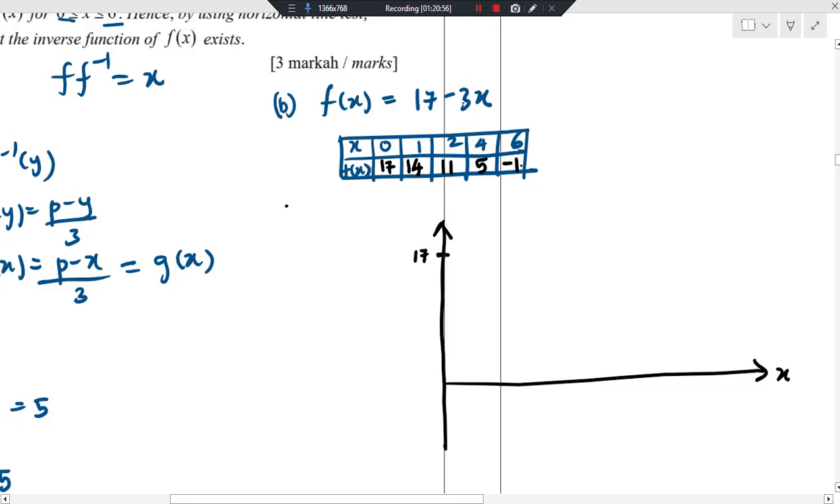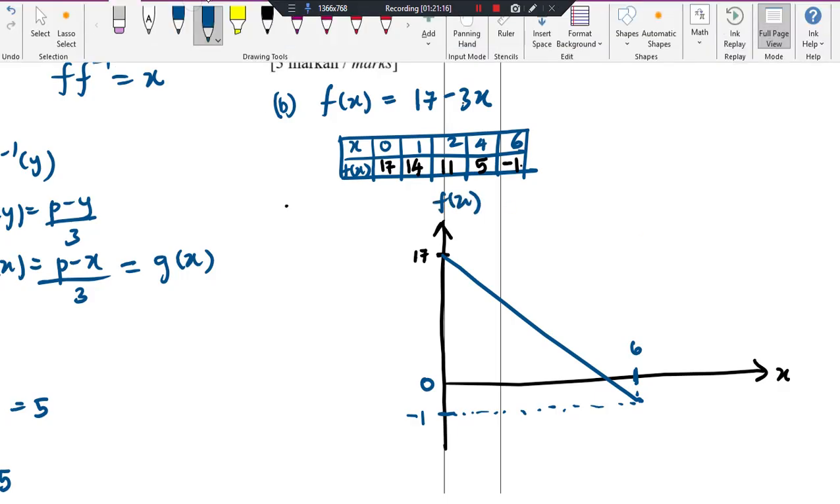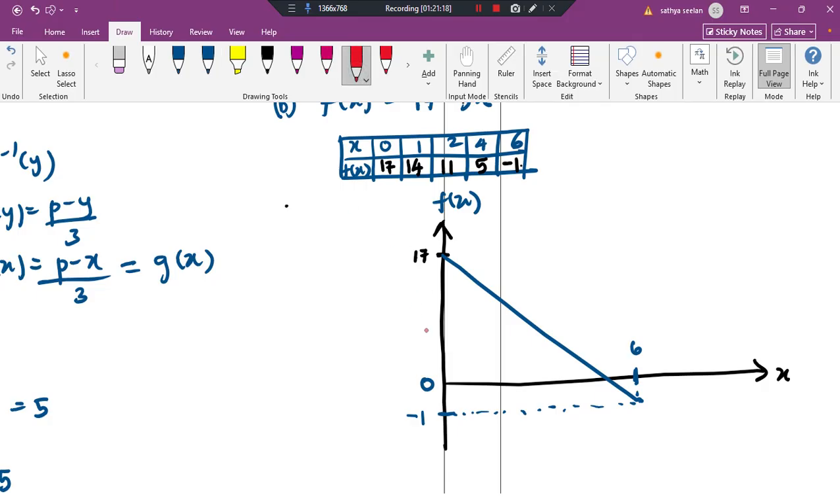So this is your f(x). This is your x. Okay, he said horizontal line test. Do your horizontal line test anywhere. It only intersects at one point only, right? So the inverse function exists. Okay, fungsi songsang wujud kerana the inverse function exists